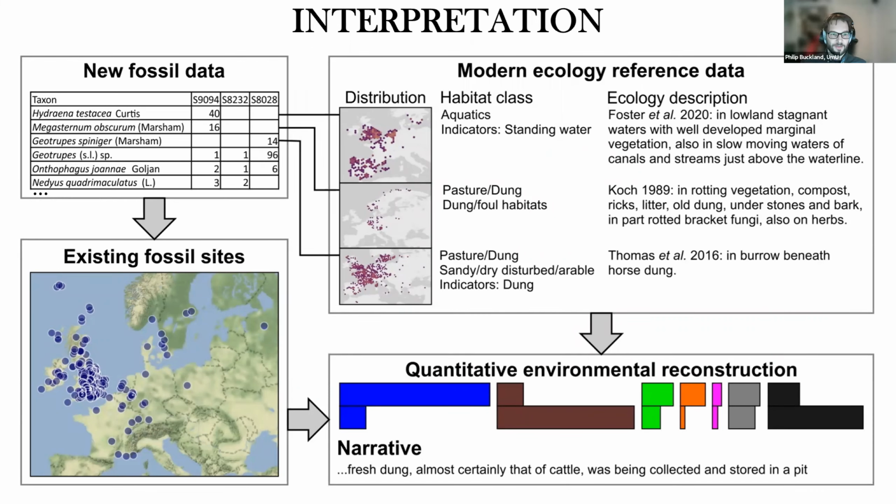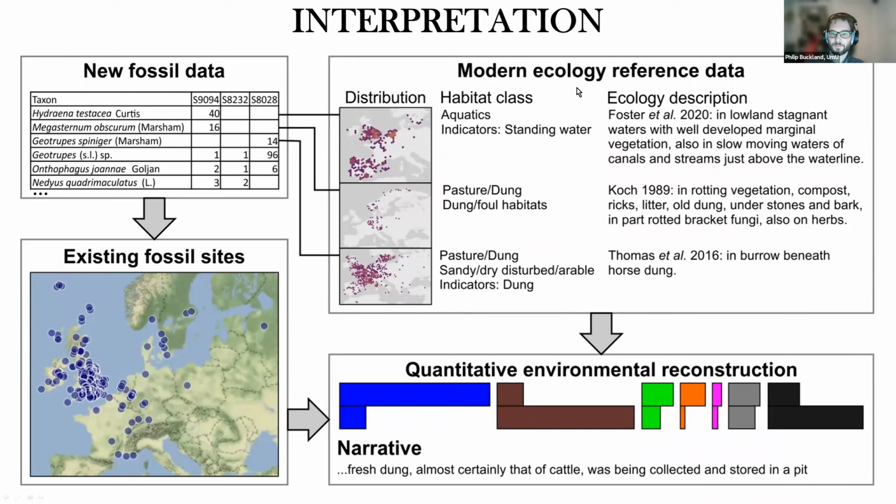So the visualization of that process. Here we have a part of a fossil species list. This is from some samples from pits in eastern England from the Bronze Age, so about 4,000 to 6,000 years old. We look at the existing fossil distribution for those species, and then we pull up the ecological data from as many sources as we can find, really, or can reasonably find, given the time constraints for each of those